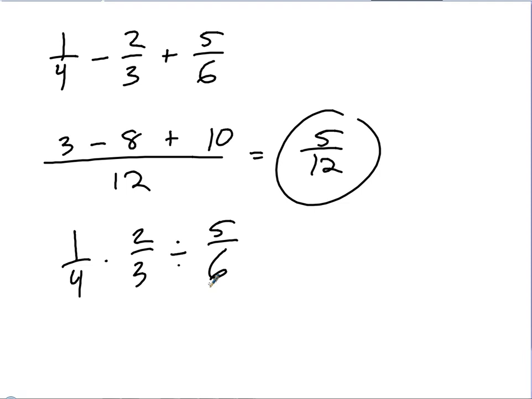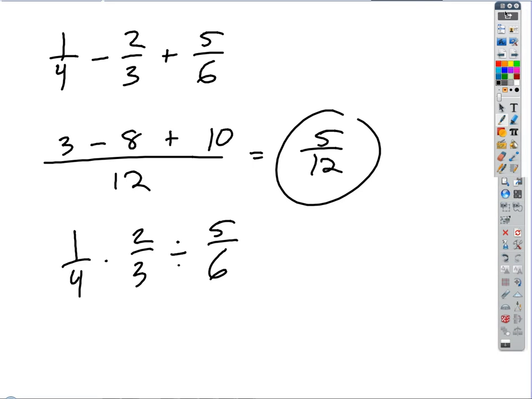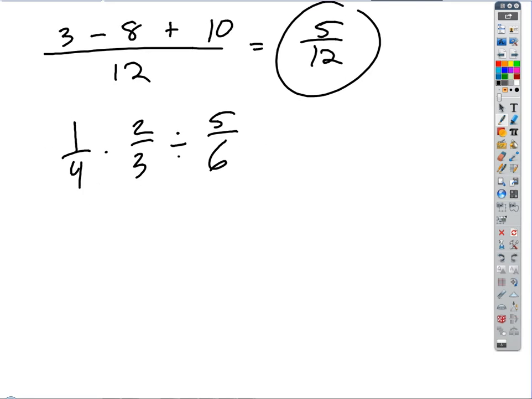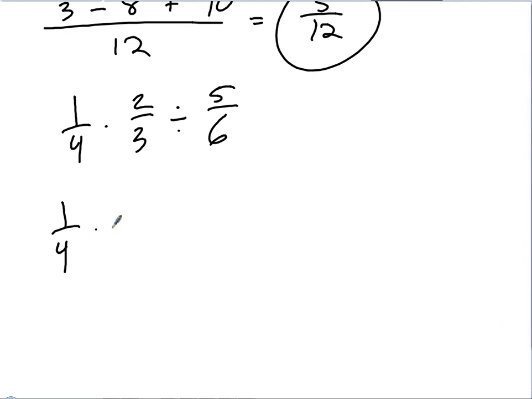Just no common denominator, just multiply straight across. But what do we do with this? You divide by a fraction, the same as multiplying by the reciprocal. Good. So the only little switcheroo we have to do here is this. We're just going to rewrite this as 1/4 times 2/3 times 6/5. And we can just multiply straight across, or